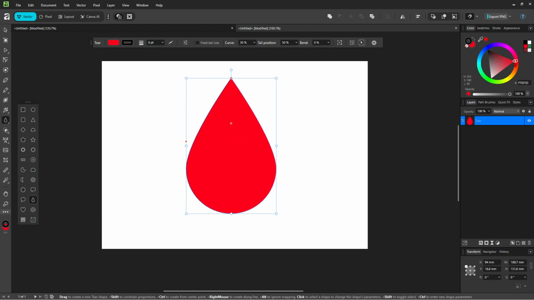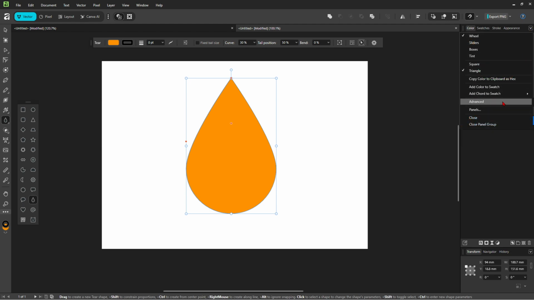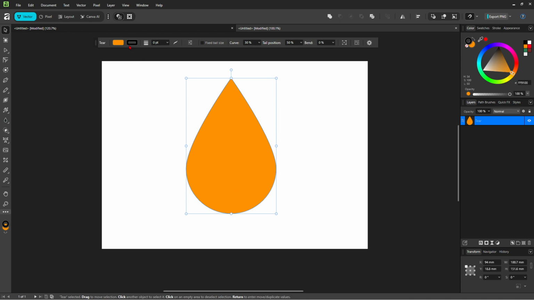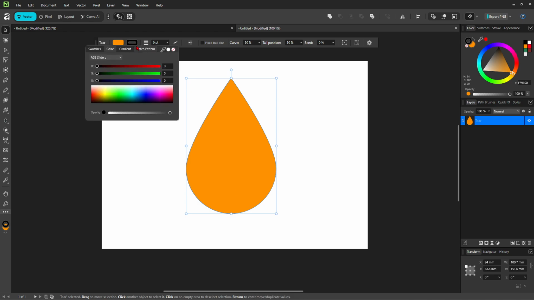Now if we want to go ahead and change the color, we can. So we've got different options here. We can even go into advanced colors too and play around with that as well. But for this demonstration, I'm just going to keep it on this color. Now, if you don't want any color, we can do that as well. So you can go ahead and click onto this button here. So you can see it's on color, but if we change it to this,